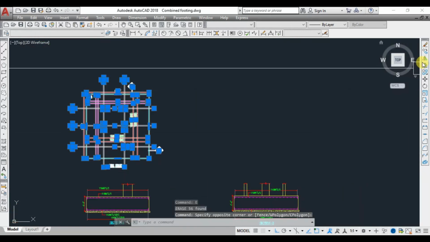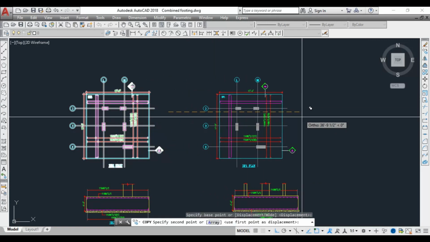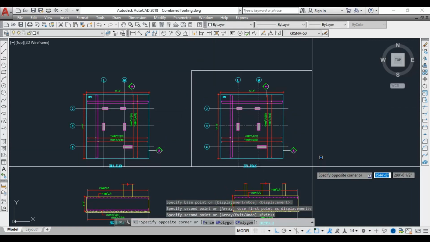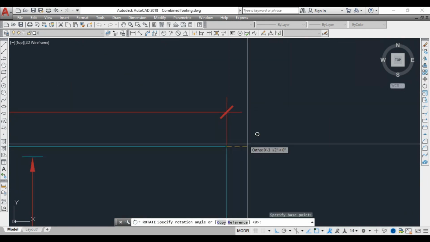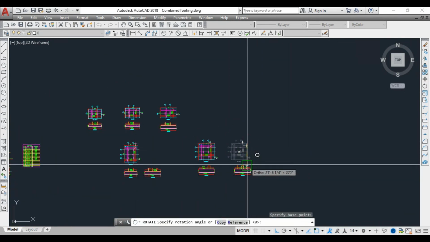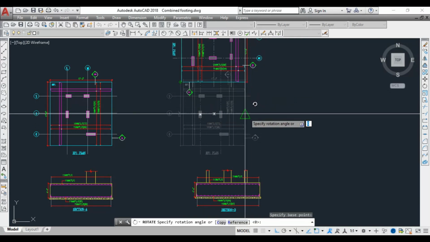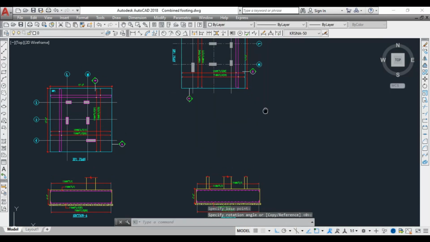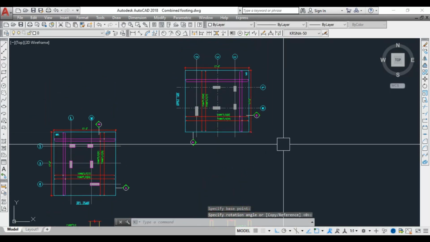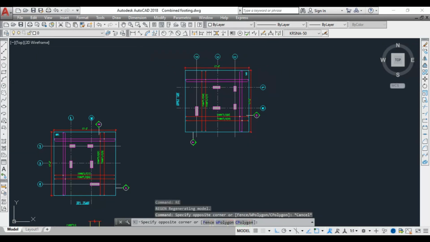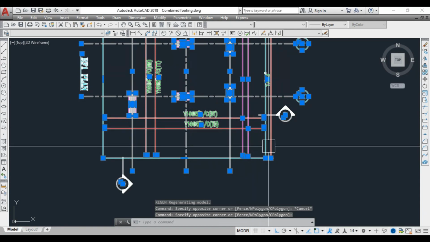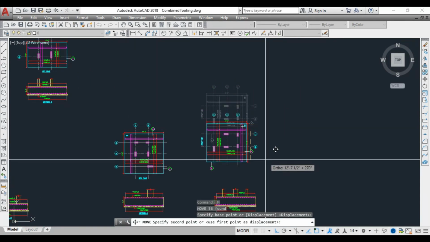For section B, let's copy this one and then rotate and see, so that it is easy for you to understand the details. See, we have rotated this way so that section B is this side.